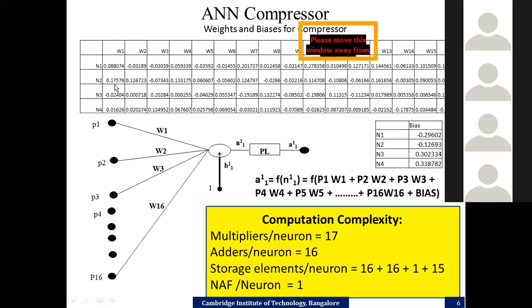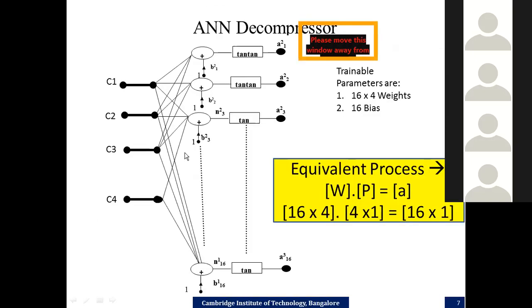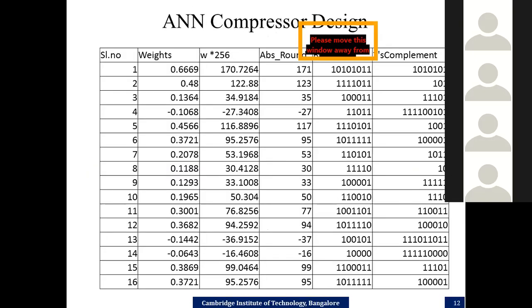So what happens is, you don't have to have 4 neurons. Just take 1 neuron. And when you perform the computation of the first output of this neuron, change the weights from the first neuron weights to second neuron weights. Again, use the same input, multiply, add, and get the output. So you don't have to use these weights and multiplier operations multiple times. You can use them only once, and that is the structure that has been presented here.